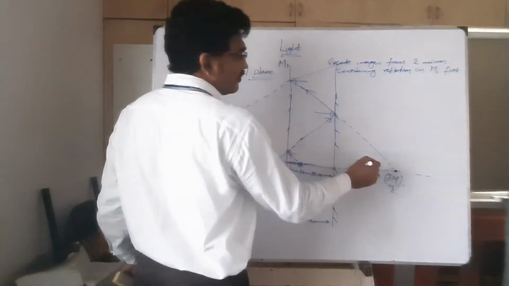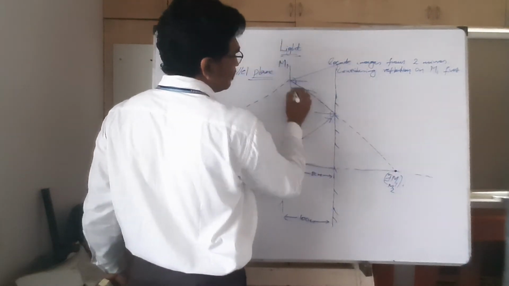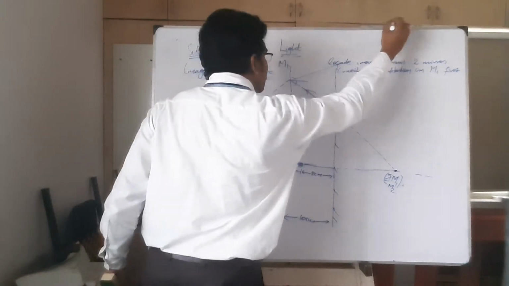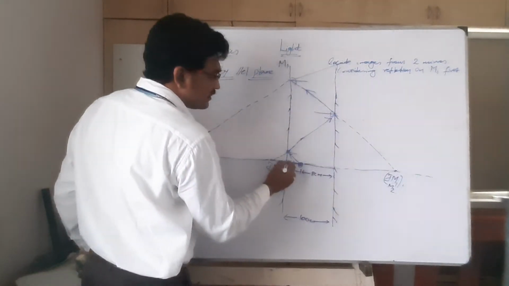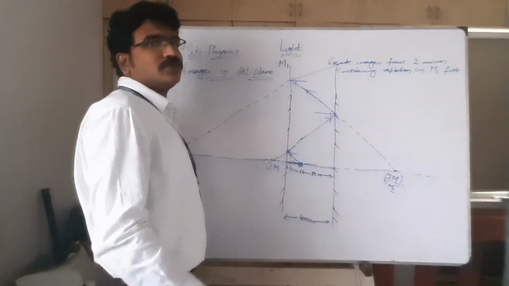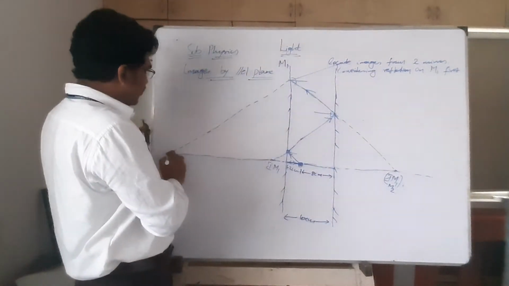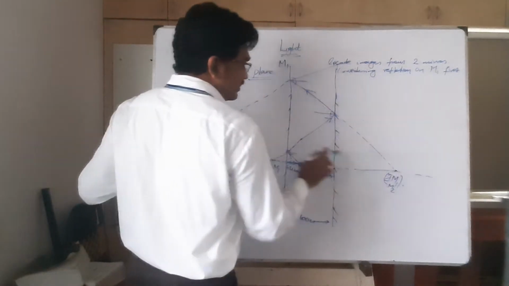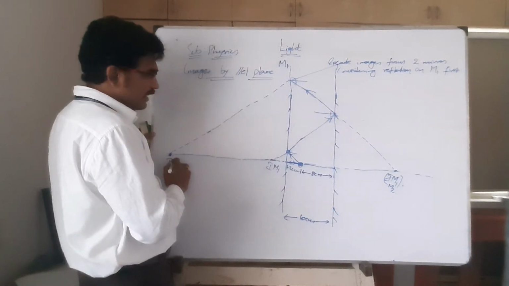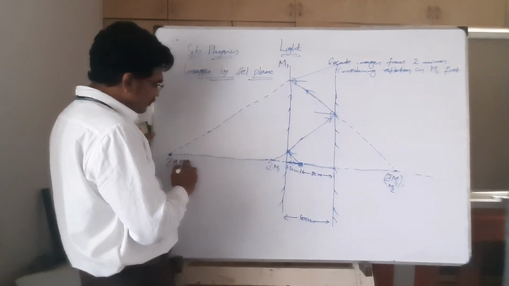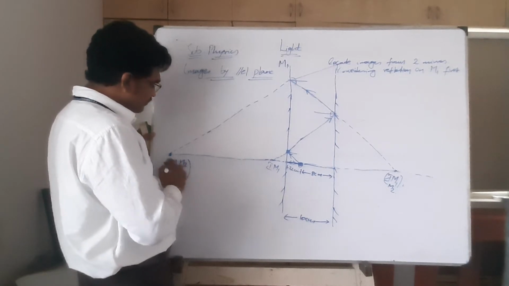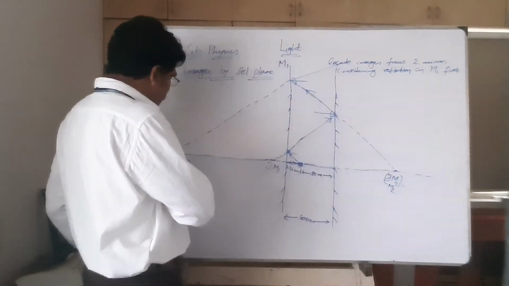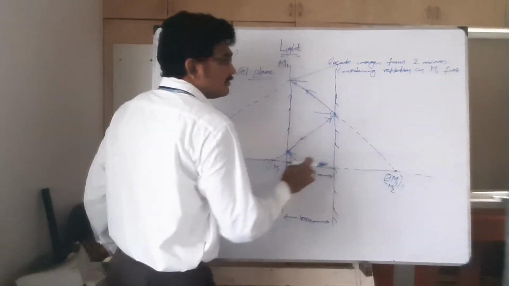If it is acting as an object, then what do I have to do? This is the incident ray, this is the normal. Now this incident ray which is striking M1 is reflecting in this direction, and this other incident ray striking M1 is reflecting in this direction, so both cannot meet. Again I have extended, and again an image is formed here. What is this image? This is the image of this object. What is this one? I M1 M2 on M1.